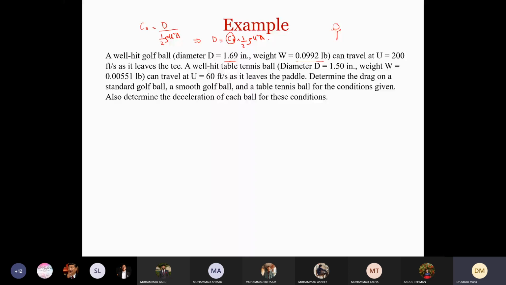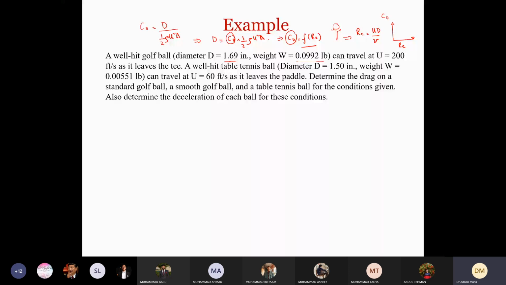In order to find the CD value, we know that CD is a function of Reynolds number. So first we have to find the Reynolds number, which is given as UD over mu. Once we find the value of Reynolds number, then we can work out the value of CD from the polar diagrams, or from the diagram which gives us information about CD and Reynolds number. I'll show you again here. These are the steps that we are going to follow.